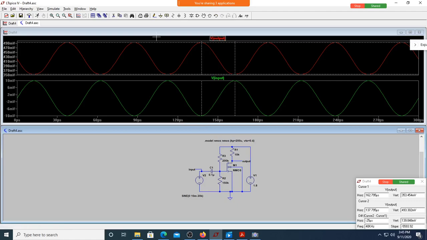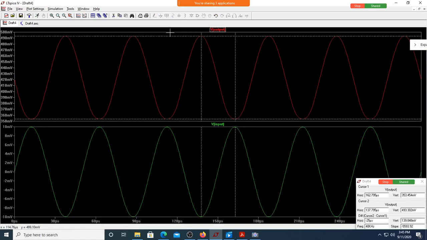What is one big observation you are seeing here? One thing is it is amplified. What is the other major thing? Starting from 0 microvolt, it has shifted. One observation is the output is shifted up. It's not a pure AC signal, but a DC shifted AC signal. There is a variation, but it is not starting from 0.